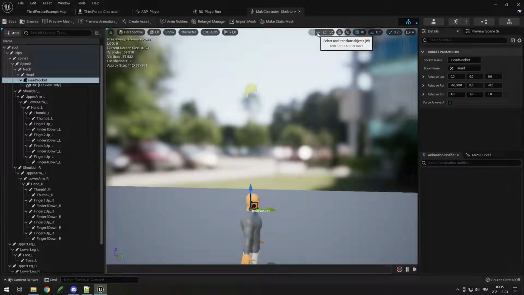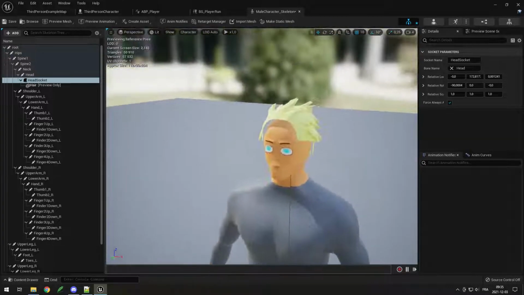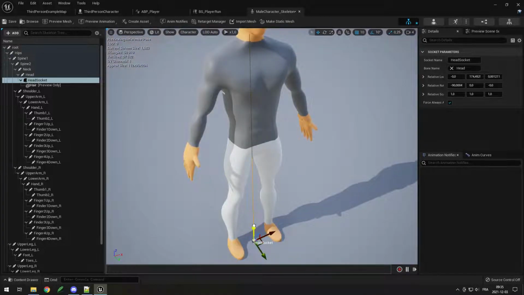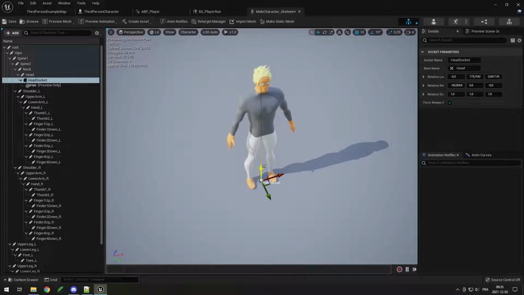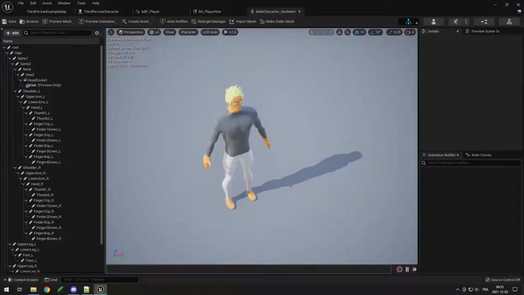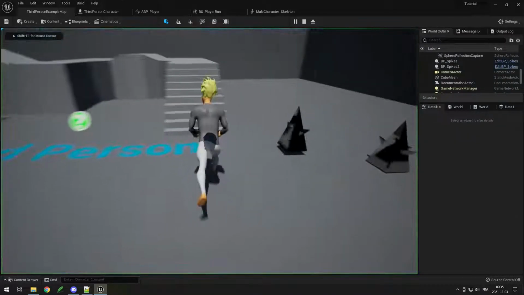Then we change to translate. We move it down the z-axis until it's about at the head of our character, so it's still a little bit above. Let's see, like this. Looks pretty good, maybe a bit more. Okay, like this. So now we can save, and now if we go play, you can see it still doesn't work,